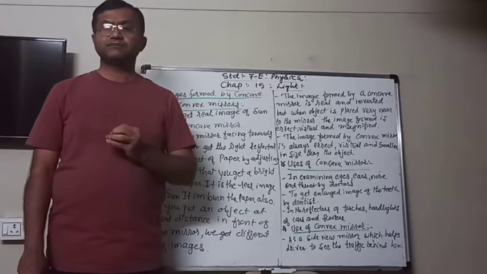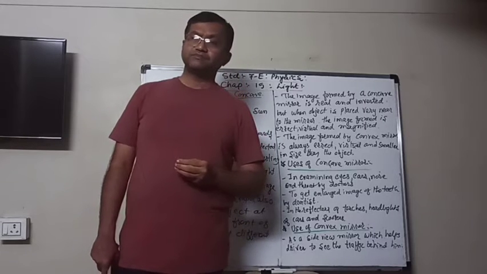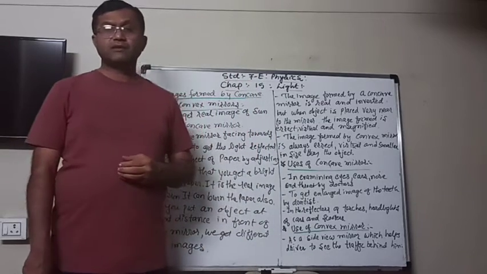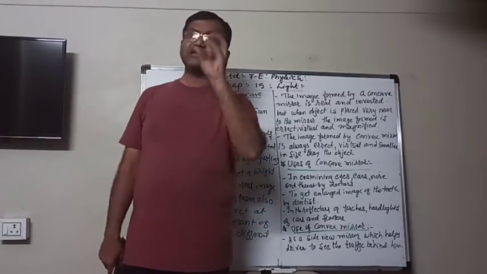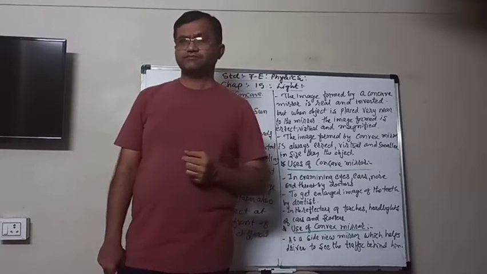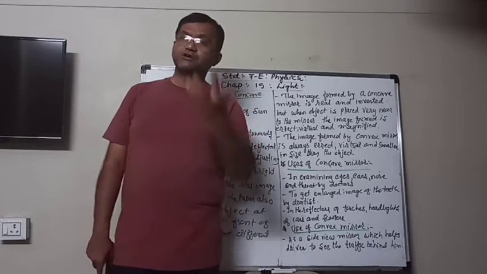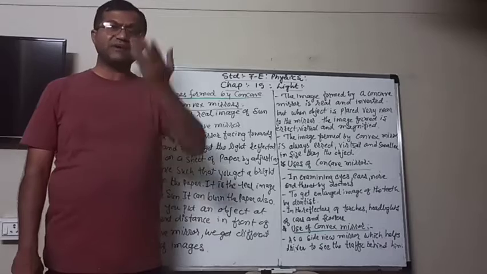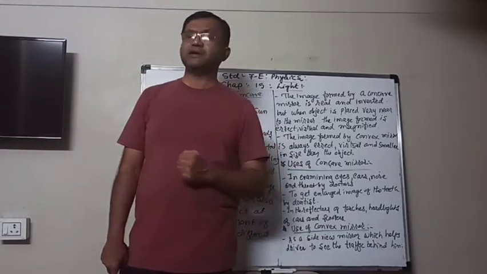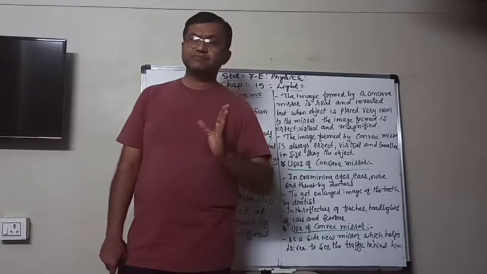And if you hold that paper for a while, then the paper will start burning also, because all the heat of the sun is concentrated at that point, that very small bright spot, and therefore too much heat is produced, temperature is going high, and it catches fire and it starts burning. So by this way you can get real image.